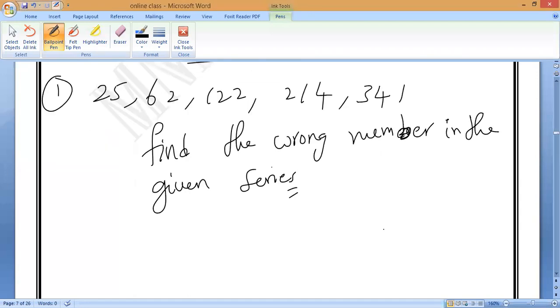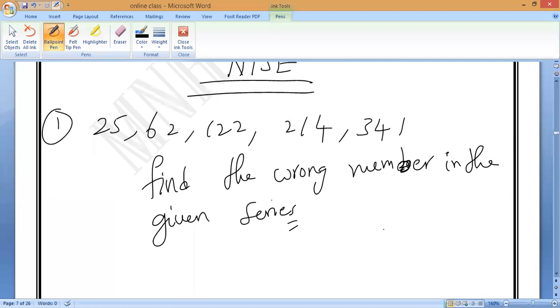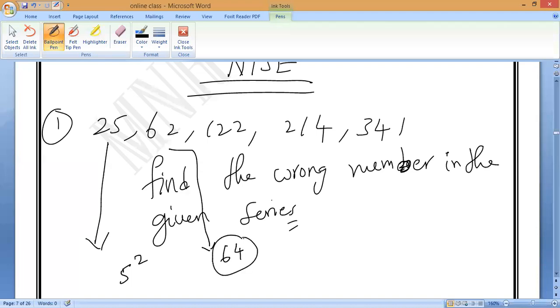So now observe very carefully here. 4 cube minus 2. Observe this one, 25: how can I write it? 5 square. Correct, Ra? Yes or no? And you may observe 62: the nearest power is how much? 64. It is the cube of what? 4 cube. Correct or not? So 4 cube minus 2, I used to get this one.